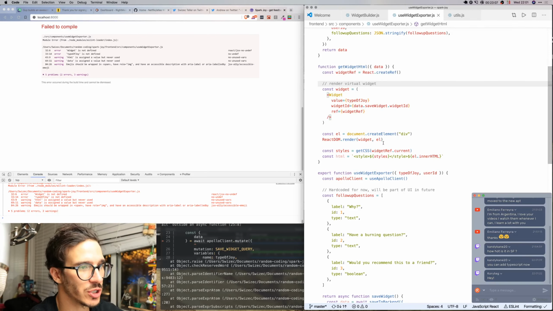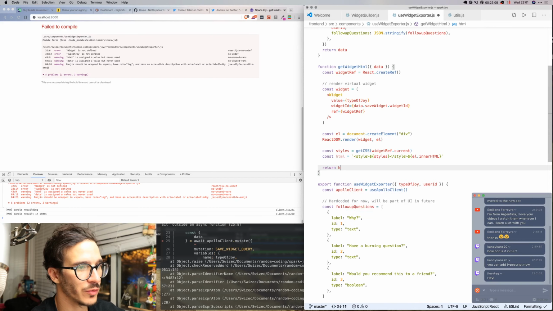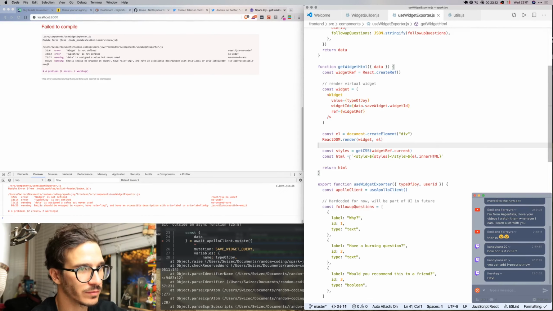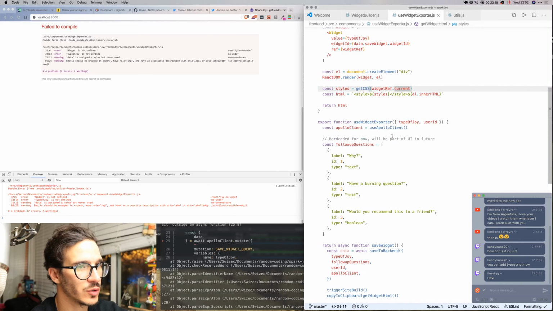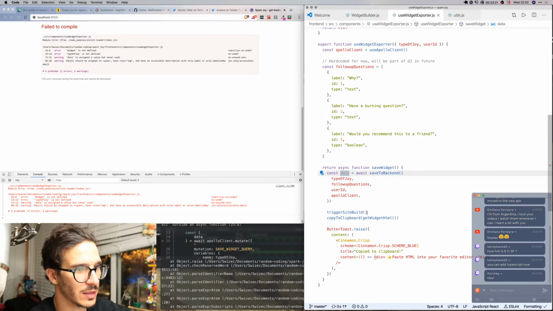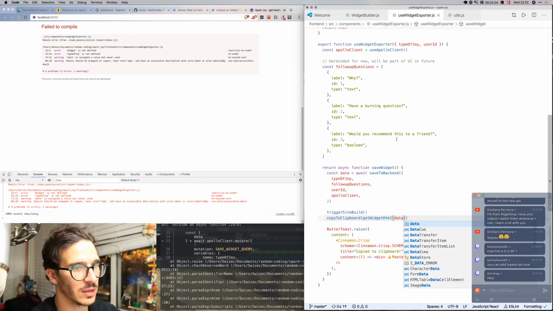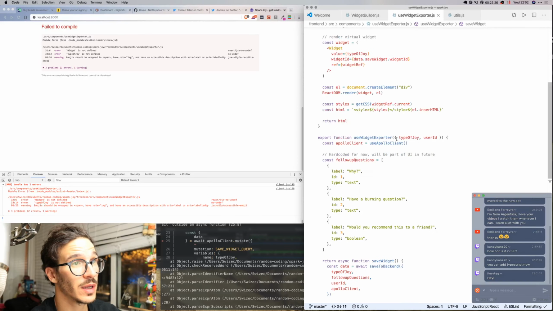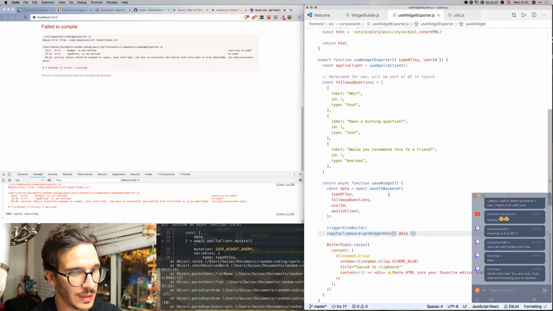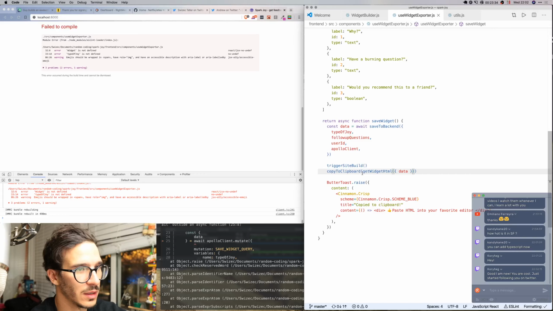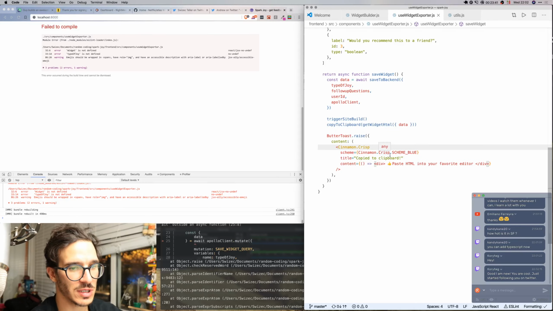We get the HTML, then we return the HTML. So that gives us the styles with the HTML. Use widget exporter should work. We get the data, then we have to pass data into, did we do it that way? Nope, needs to be in curly braces, like that. And then copy to clipboard, get with widget HTML, and then it butter toasts the, hey, this was successfully,